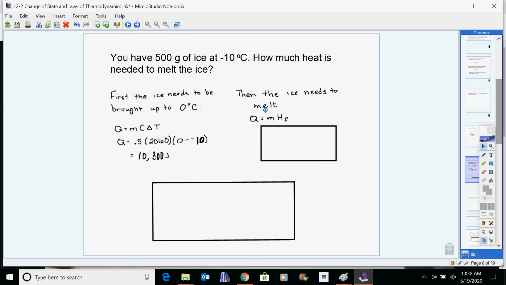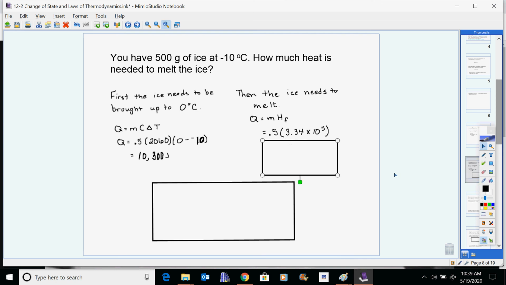So in order for the ice to melt, the energy needed is the mass times the heat of fusion. The heat of fusion, once again, would be found in a table that lists heat of fusion numbers. Our heat of fusion number for that is 3.34 times 10 to the 5th. So you multiply 0.5 times 3.34 times 10 to the 5th, and we get